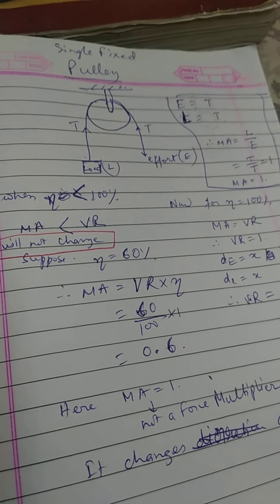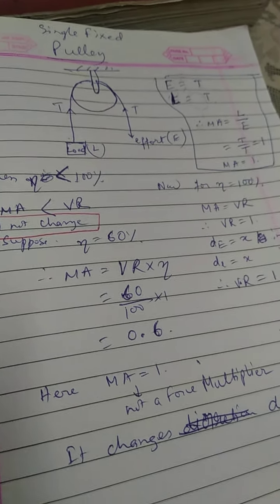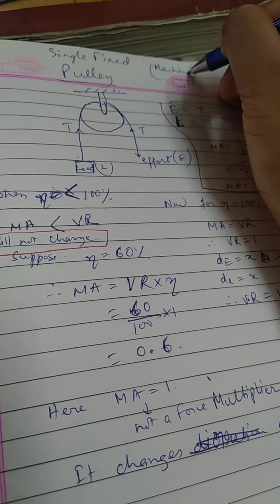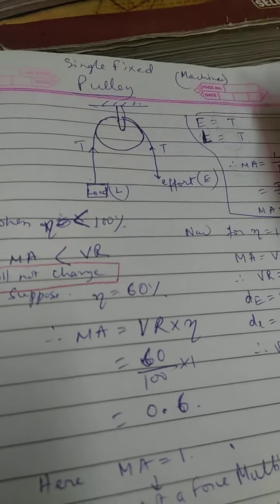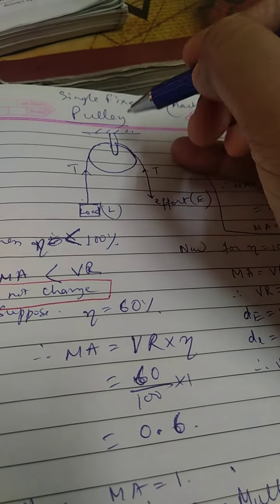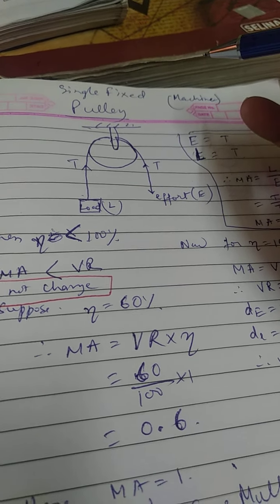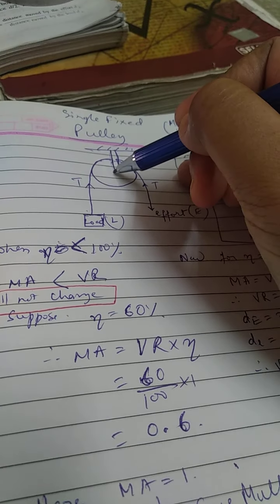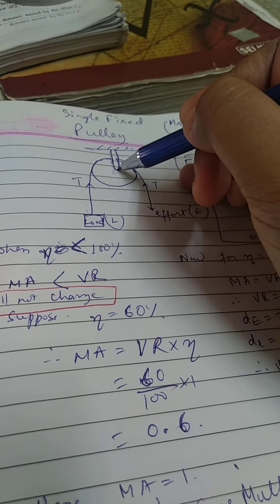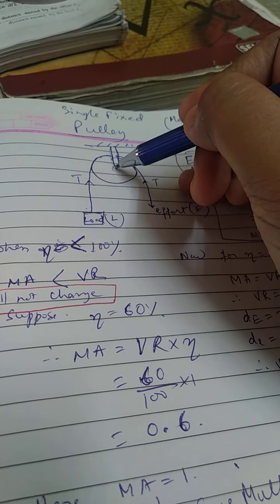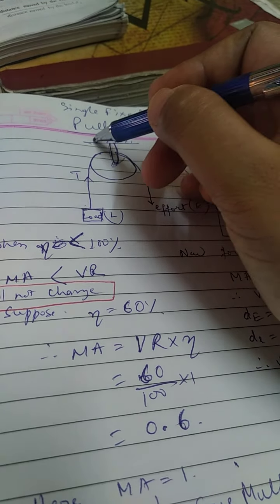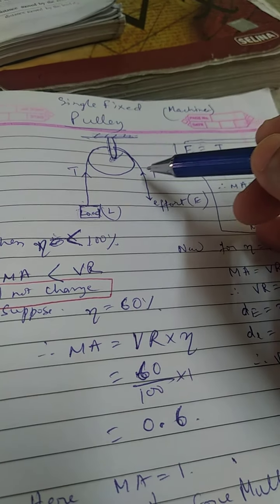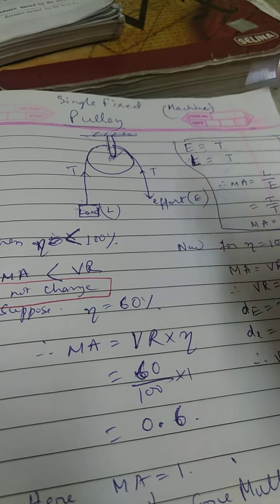Okay, today we will study the single fixed pulley of the chapter machines. Okay, so pulley is also a simple machine. We have learned about this single fixed pulley before also, which we used in our wheel, where this one is fixed. The axis around which it rotates, the axle, is fixed to this fixed portion. Okay. So here at one end the load is kept, and from here we are pulling the rope.